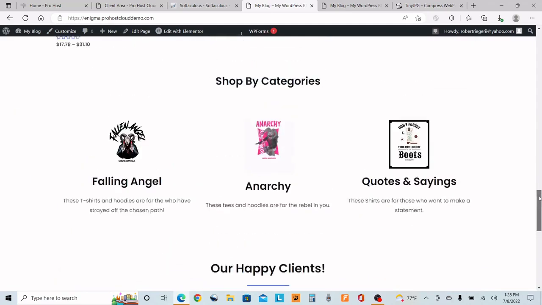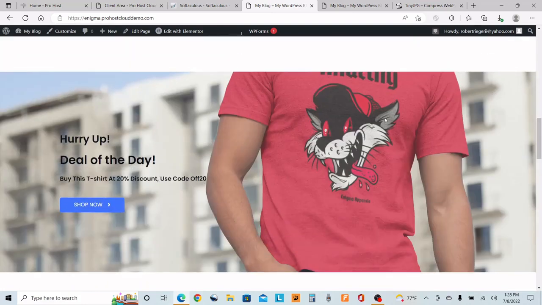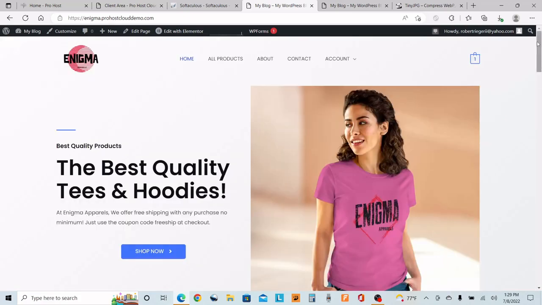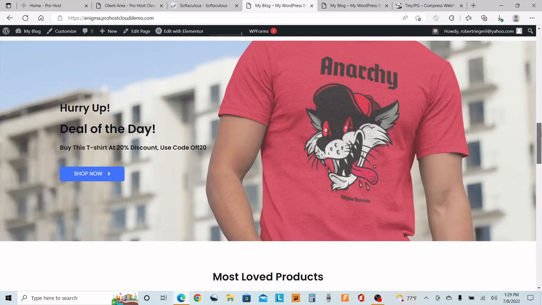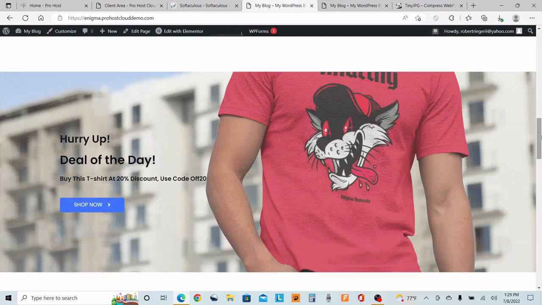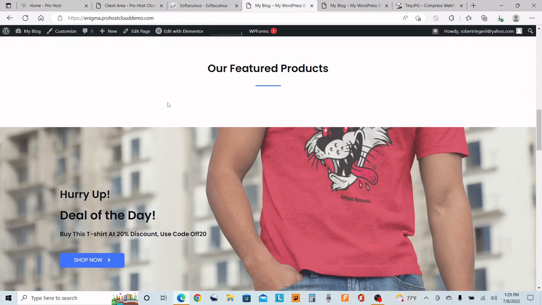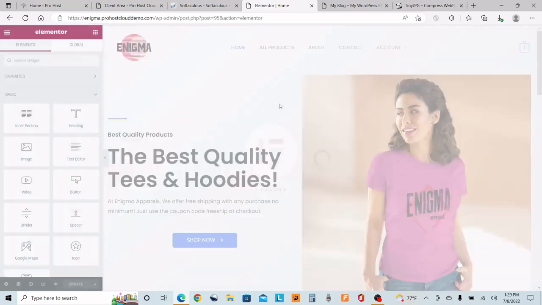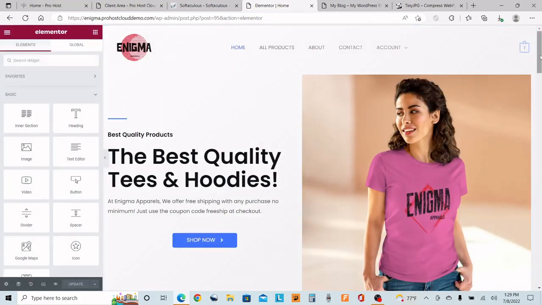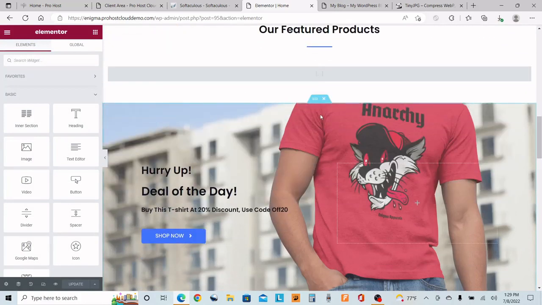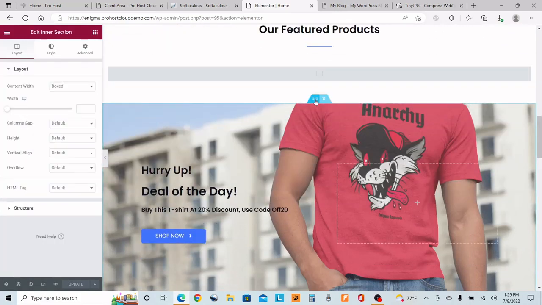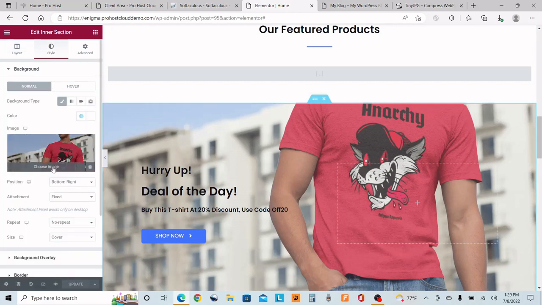But before we do that, I'll show you how to change this so instead of being a static background, it'll scroll. All right, let me show you how to change that background real quick. So right there, you got the background. So you're going to want to come to this section, which is the buttons. We got to edit with Elementor first. Then we're going to scroll down until we get to those dots. All right, once we got those dots, we're going to go into style, and then you see that's the picture